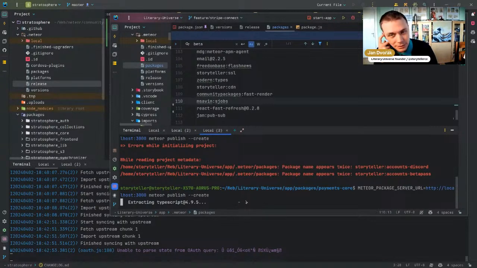Doesn't make any sense. Oh, yeah, there is TypeScript there. Now, the question here is why it might be so slow. Oh, I see. So right now this is going through the